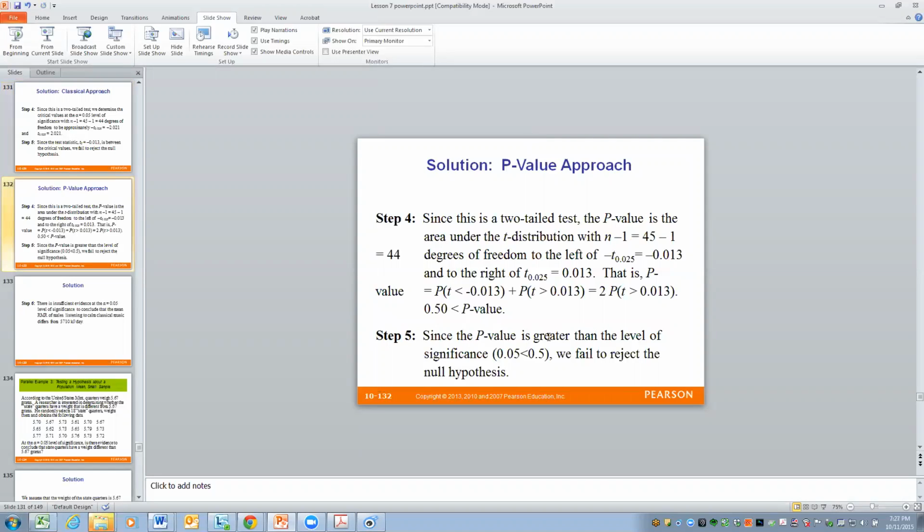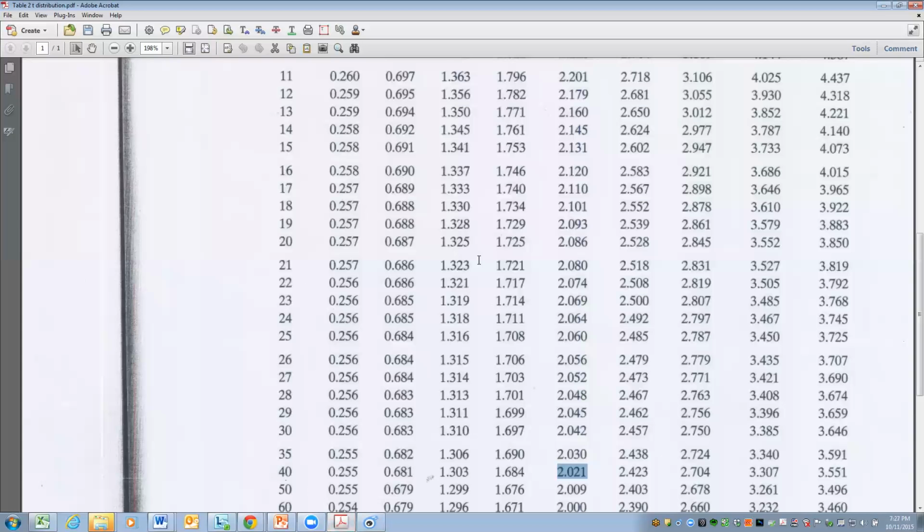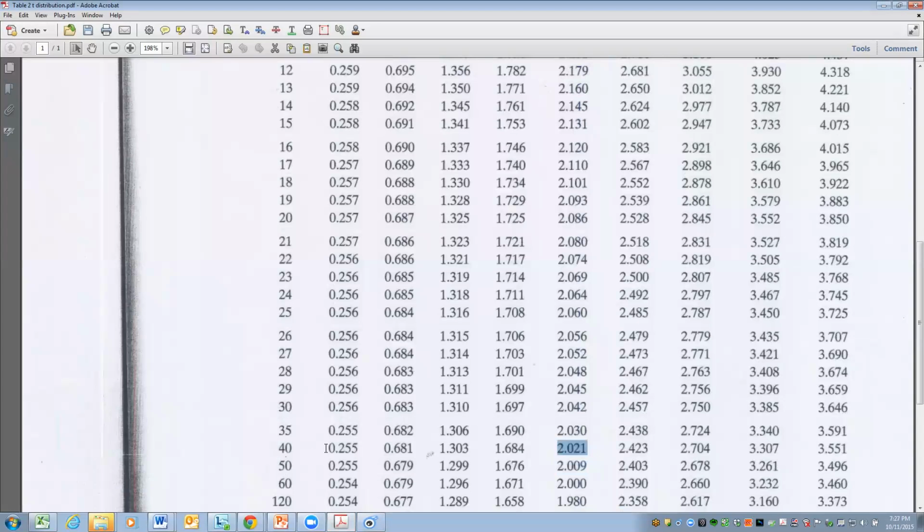Let's go back and look at the p-value approach. We know that we have 0.013 as our t-value. We're going to look at the absolute value because this thing is symmetric. And if I want being more than 0.013, I would have, well, let's see, on my 40 row,